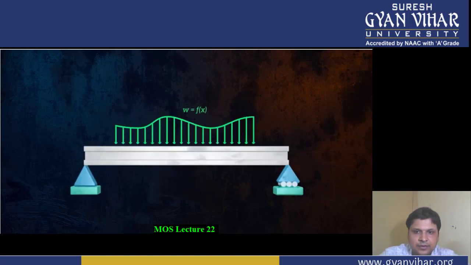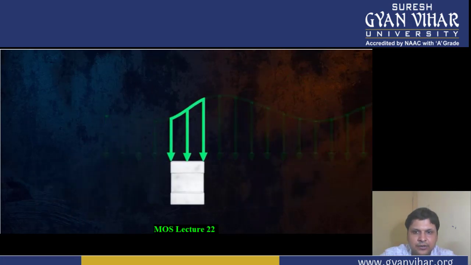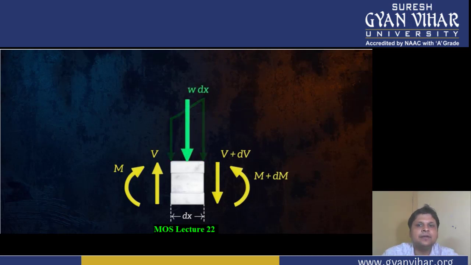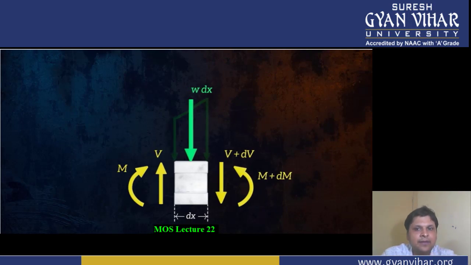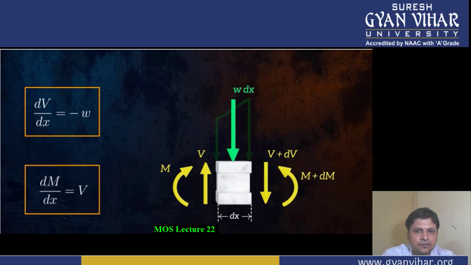Let's consider a beam loaded by an arbitrary distributed force, UDL. We can zoom in to look at an infinitely small segment of the beam with a width equal to dx and draw the FBD. Over such a short section, the distributed force can be assumed to be uniform, and we replace it with an equivalent point load. By applying the equilibrium equations in the FBD, it is possible to demonstrate that the following relationships exist between the applied distributed force, shear force graph and the bending moment graph.